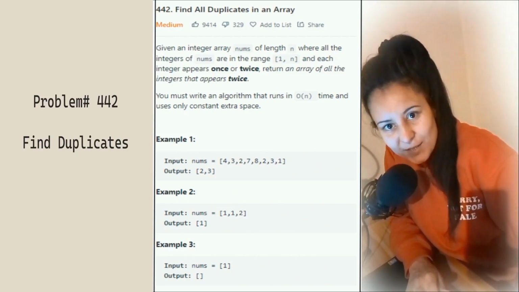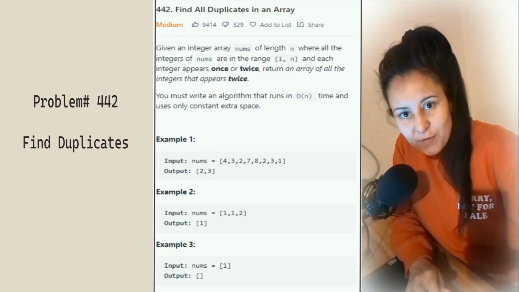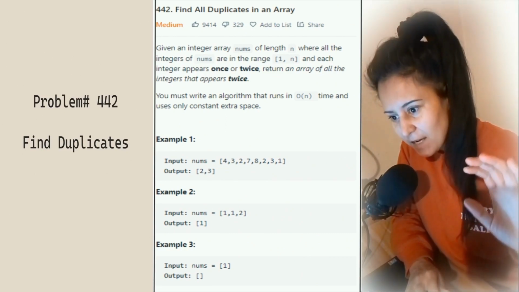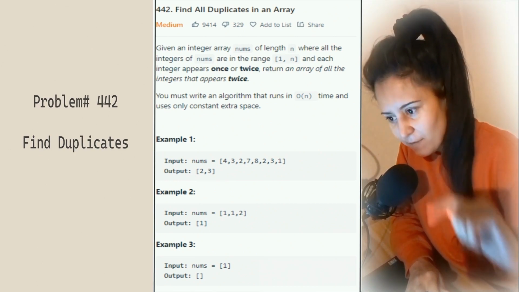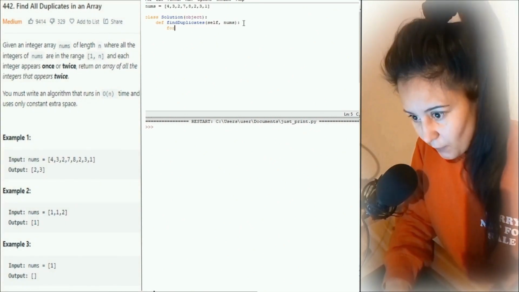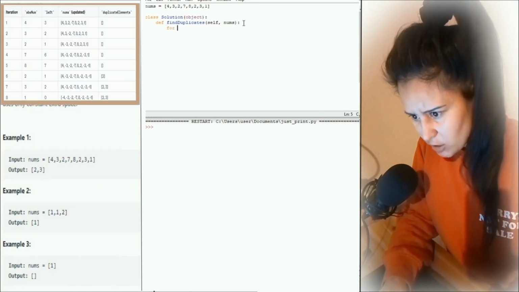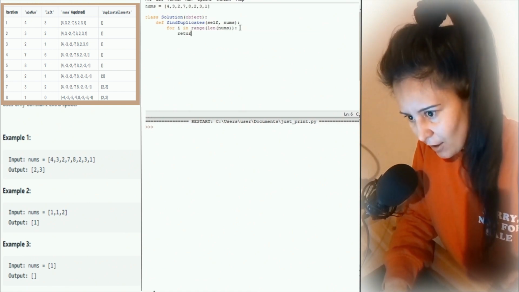Hello world! Today's LeetCode problem is about finding duplicates. I chose one of the famous easy LeetCode problems, finding duplicates. Let's start. Let's first iterate through each element in the nums list and retrieve the elements at index i from